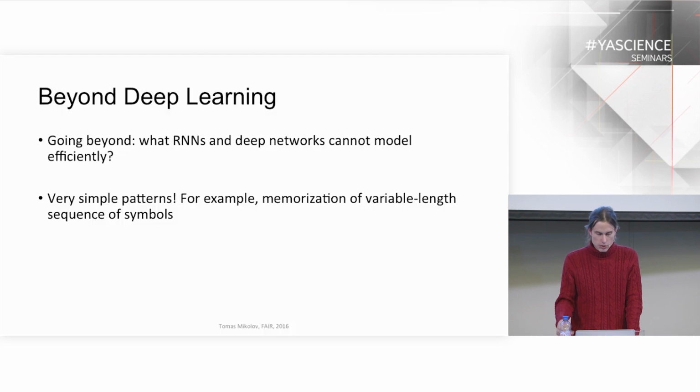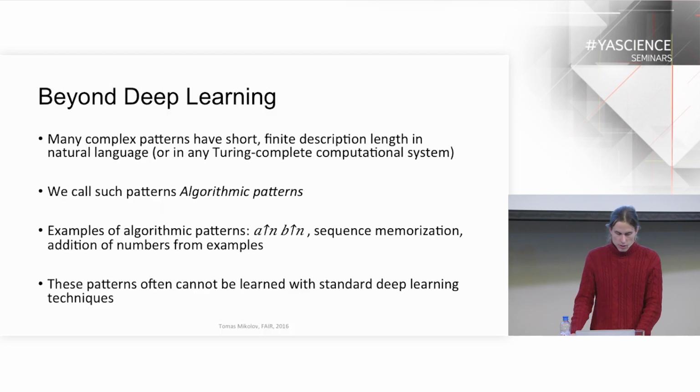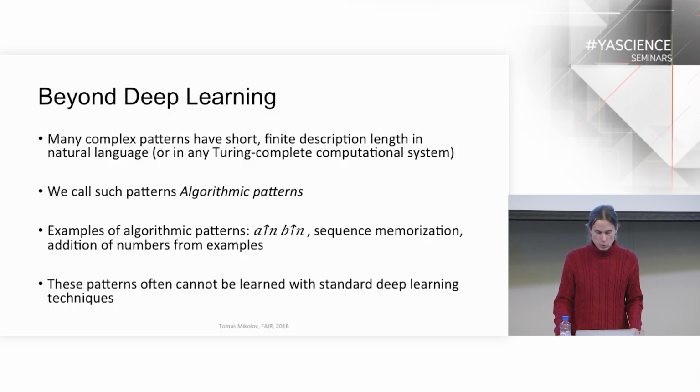these models really struggle with generalization in cases where the pattern is of some algorithmic nature. That's why we call these patterns algorithmic patterns. Again, there are some small mistakes in how the slides are shown. The patterns shown here are supposed to be A^n B^n patterns, like A power n, B power n. People who have had some computer science classes probably know that it is a context-free pattern that cannot be described with finite machines, and we will see that the recurrent networks struggle to understand this pattern.